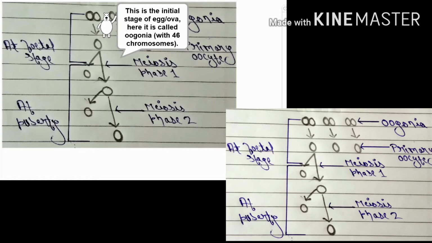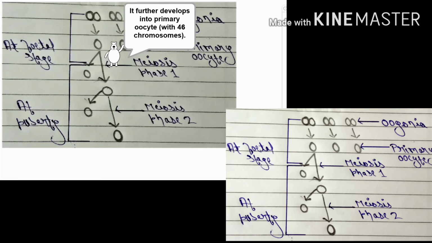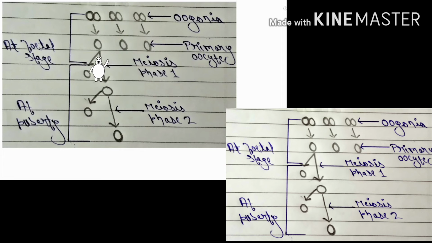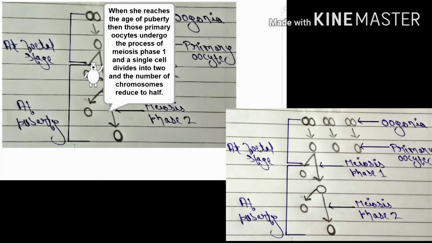This is the initial stage of the egg. Here it is called oogonia. It further develops into primary oocyte. Both these processes take place at the fetal stage. It means that the number of eggs to be produced by a human female throughout her life is determined at her fetal stage. When she reaches the age of puberty then those primary oocytes undergo the process of meiosis phase 1